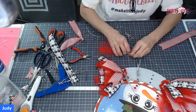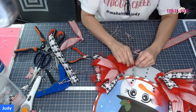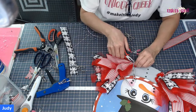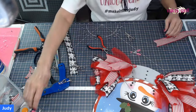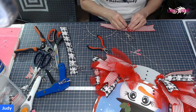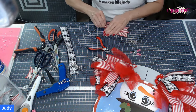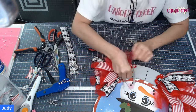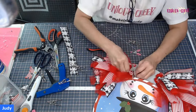So again, the rail boards are very versatile because you can use vinyls, and Lori has seriously hundreds of good quality vinyls that are made specifically for the Unique in the Creek board. So if you don't want to use a sign, you can use a vinyl, get the same effect, and you can use this design to do it, or you can search other rail board designs on YouTube, okay,